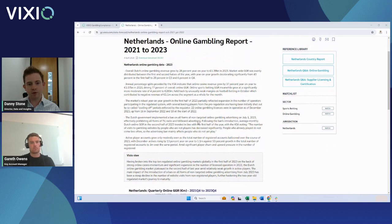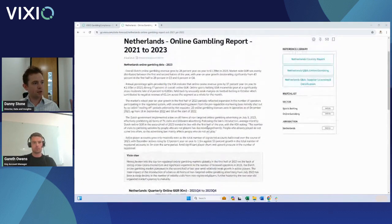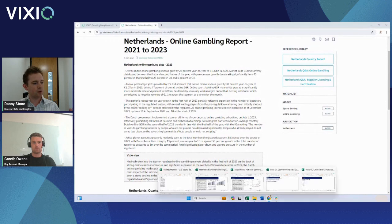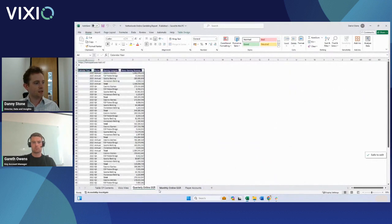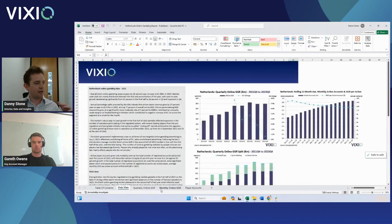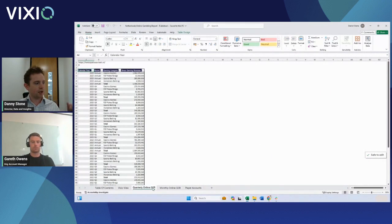Sure. So the Netherlands is one of the younger regulated online gambling markets in Europe. It's also one of the more recent additions to our Vixio view coverage. You can see here that we provide this kind of written analysis on the site, on the page, but we also integrate this analysis into the downloadable data sets. So we have the written analysis, the accompanying charts, which complement the data